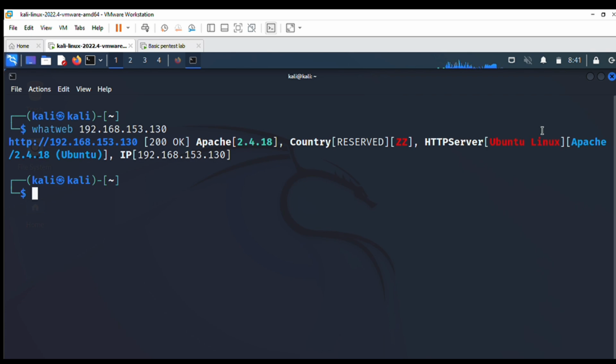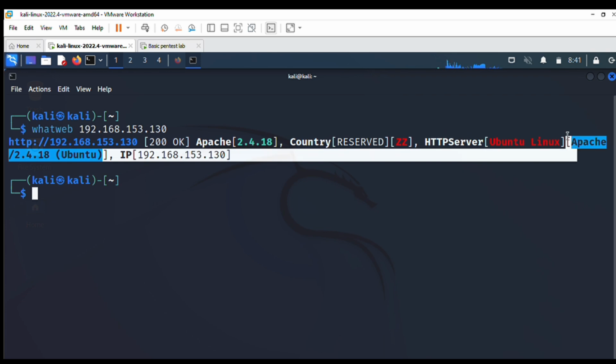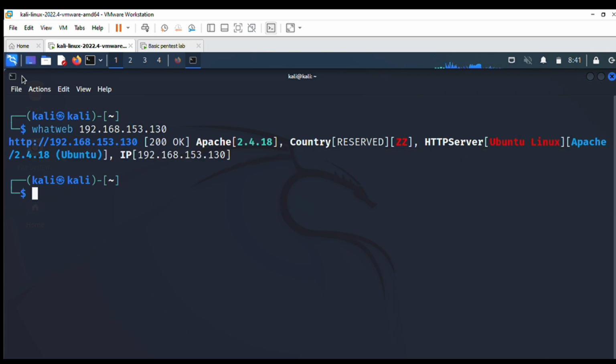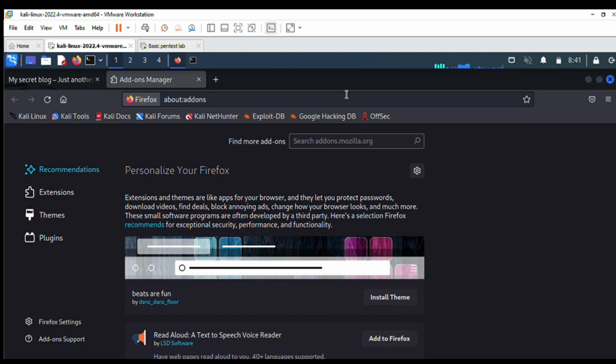It plays the same part as Wappalyzer, but it wasn't able to identify the CMS. All it did here was identify the web server, which is running on Apache, and you can see the OS is running on Ubuntu, and you can see our target. But tools like Wappalyzer will show you the technological stack of this particular target. Wappalyzer,